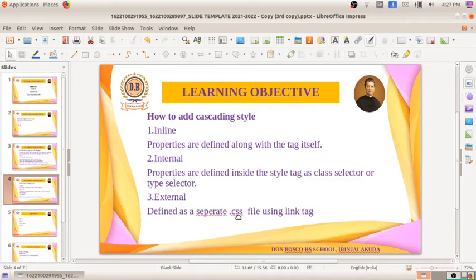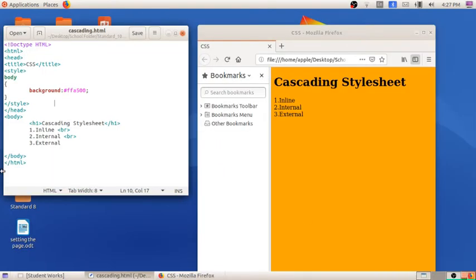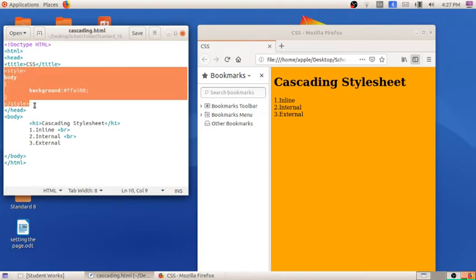How did we apply that? Using the link tag. Okay, I hope it is clear, and you remember, because previously we have done the same thing. By using the link tag, if we want to create different web pages, we can apply these styles to different web pages. Like that I am doing, and hence it is known as the external CSS. That also I will be showing.